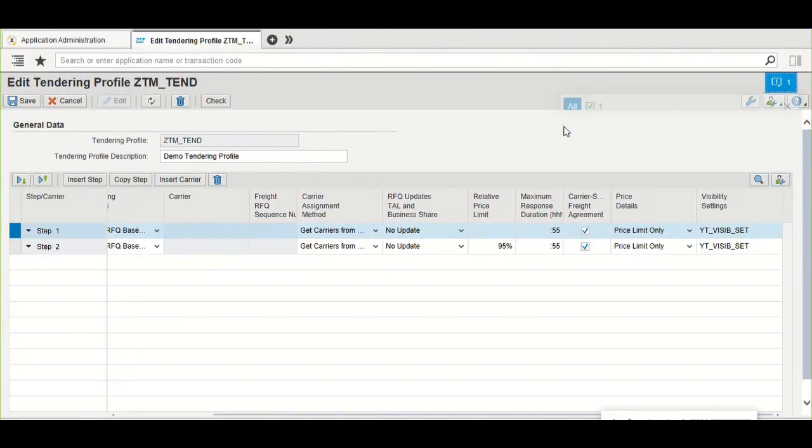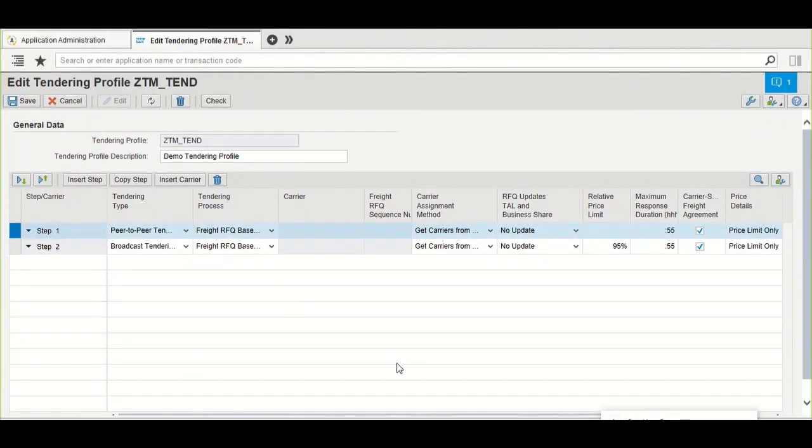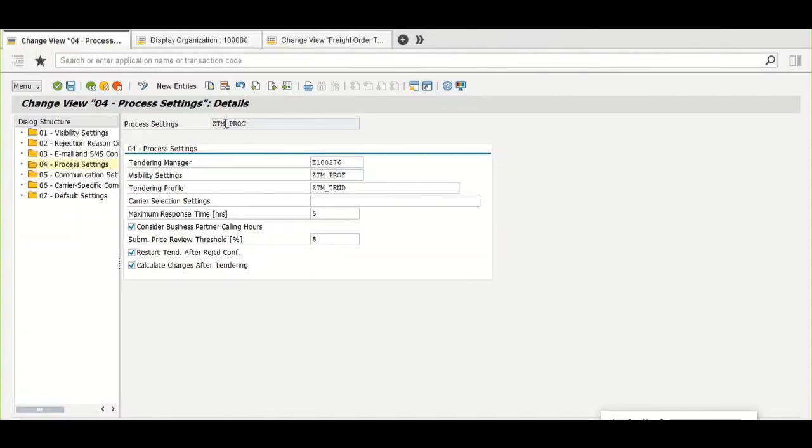So this is how a tendering profile is configured, and then this profile is assigned to the process settings, like we assigned it to our process settings. So we assigned it in different places. One, the main which is related to tendering is process settings. In the process settings, we have assigned the tendering profile ZTM_tend. This is one placeholder for assigning a tendering profile,